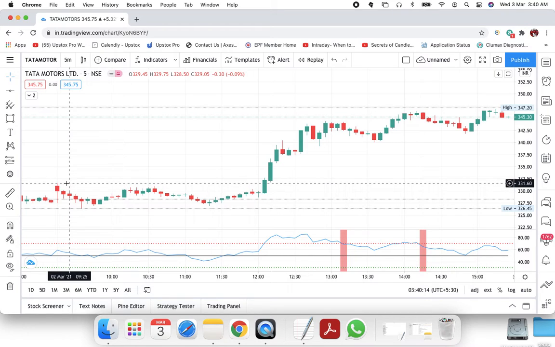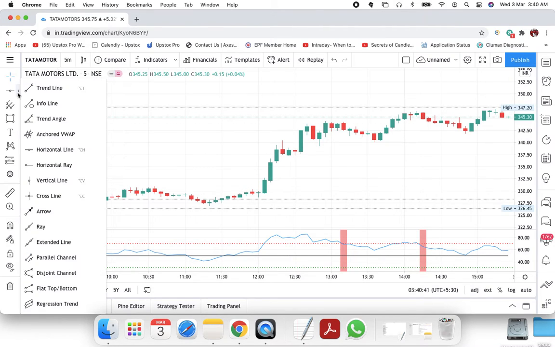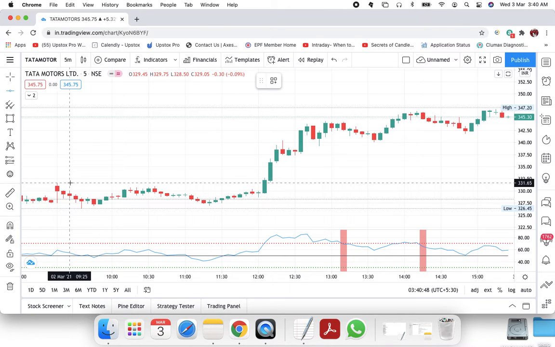If you see in this example, Tata Motors' morning first candle high is 330.65, and then low is 327.50. Just mark those levels with the horizontal trend line. So if you mark this,